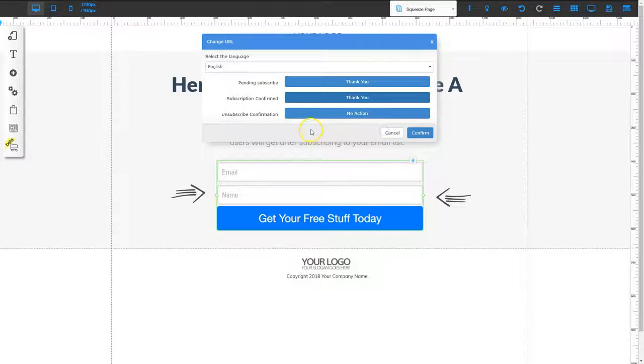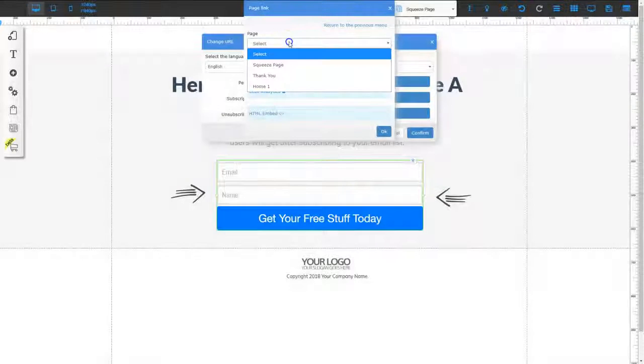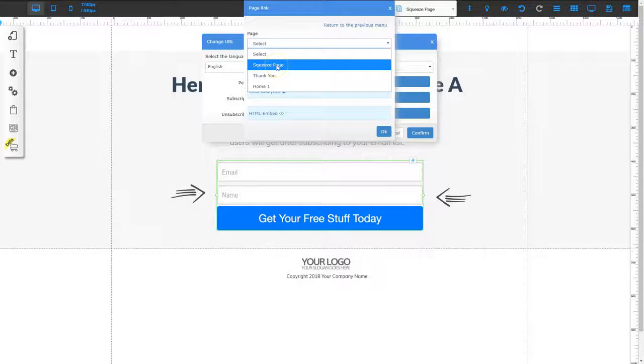Now on unsubscribe confirmation, if they choose to unsubscribe from our list, what they'll do is they'll get an email, and at the bottom of the email it'll say unsubscribe. If they click that, where do we want to send them? Well, I think I want to send them back to this opt-in form so that they can choose to opt in again if they maybe made a mistake. So I'm going to go to no action, and on select I'm going to choose the squeeze page. I want to send them back to the squeeze page to opt in again if they want to,